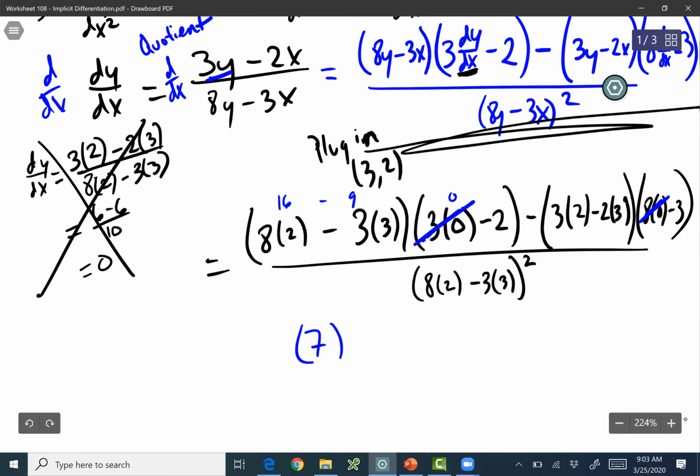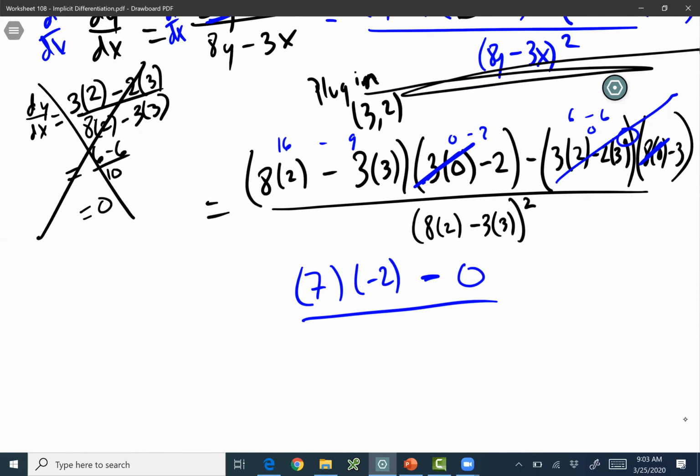Times this is 0 minus 2. So 7 times negative 2, minus 3 times 6 is 6. Minus 6 is 0. Anything times 0 is just going to give us 0. All over